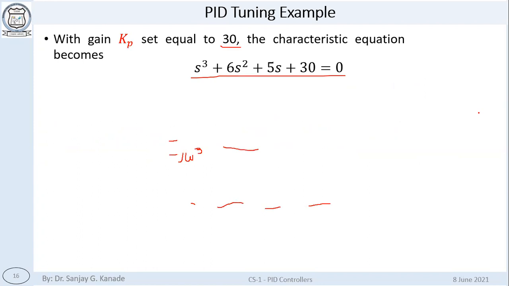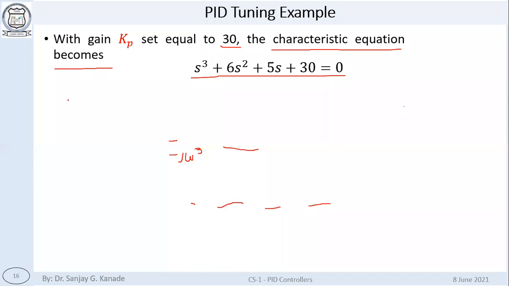So let me go back a little bit here. What is this? This is the characteristic equation of the system, right? Now, during the design phase, or rather the problem definition phase itself, we may be given certain system specifications at the time of designing the system. Now, what do I mean by system specifications?